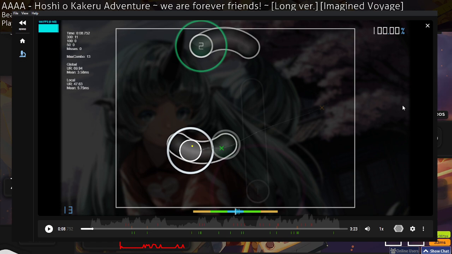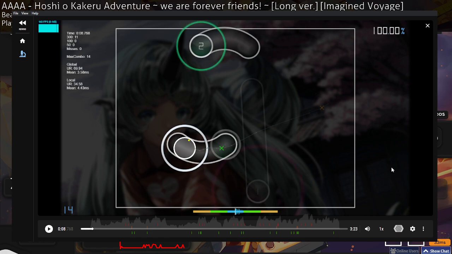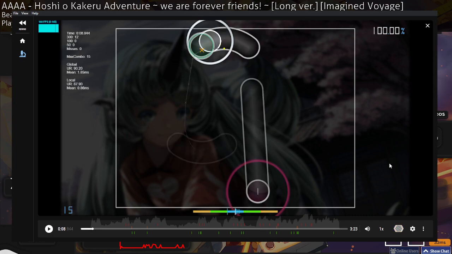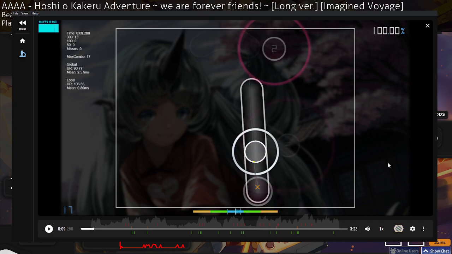Okay, but anyway, you can toggle hidden. This replay didn't use hidden, so it's not very helpful. But if your replay did use hidden, then you can toggle it off to see exactly how you miss, which is very, very helpful. You can press the button down here, but the hotkey for that is F, which is the same hotkey as actually selecting the hidden mod in osu. So very recognizable keyboard shortcut.